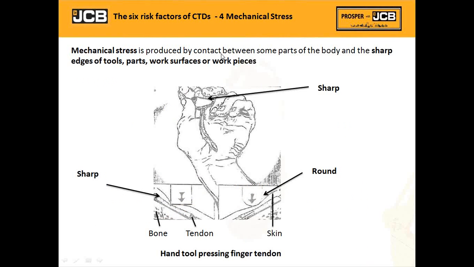is produced by contact between part of the body and the sharp edges of the tools, parts, and the work surfaces or the work pieces. Now here we consider an example where the tool has a sharp edge. When the person is using a tool with a sharp edge, we can just see how the skin has got